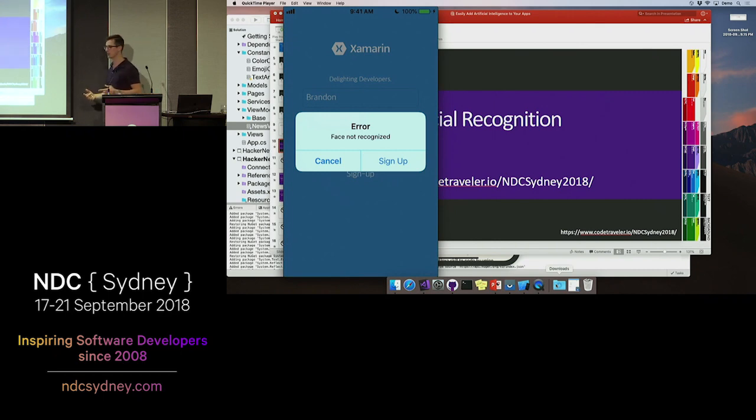So literally, with that one photo, we didn't have to learn machine learning. We didn't have to train any models ourselves. We just send it up to the cloud, say this username is Brandon, and it's already recognized my face. Now, obviously one photo, that's not great. If anybody knows anything about machine learning, the more data you have, the better the algorithms and the better the predictions that get.